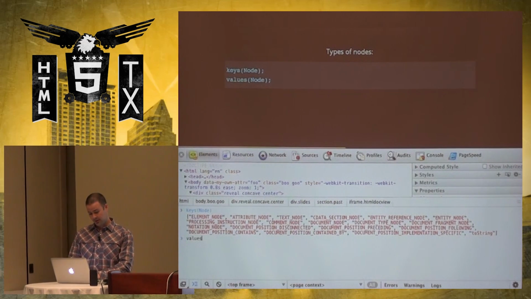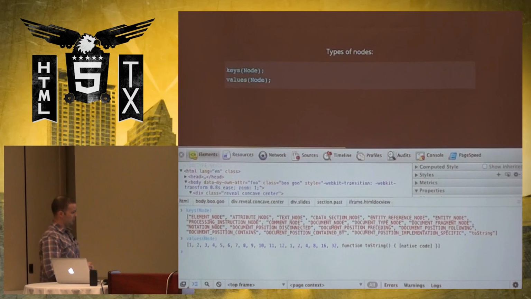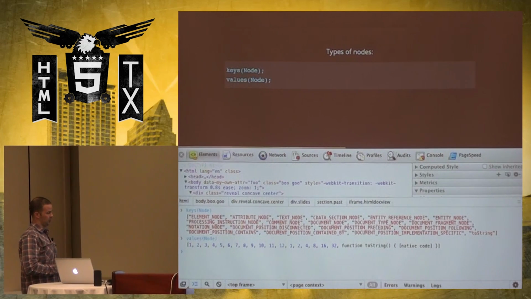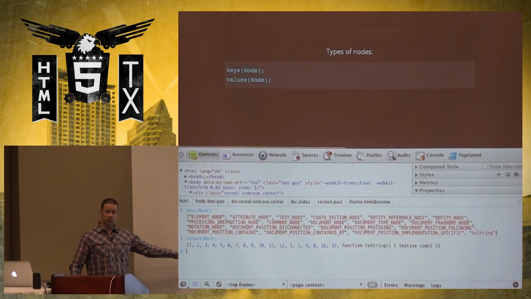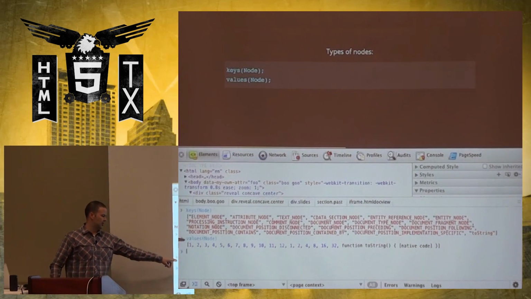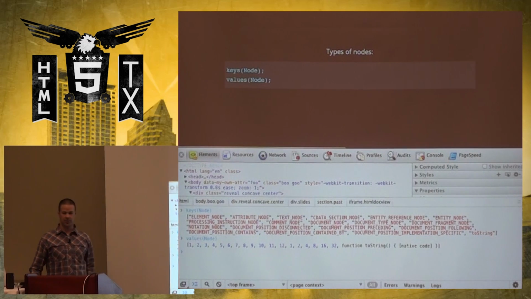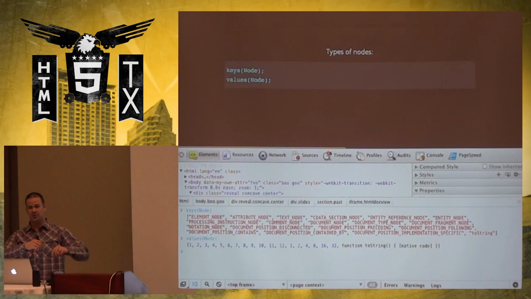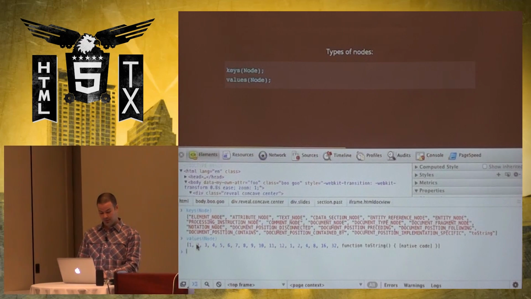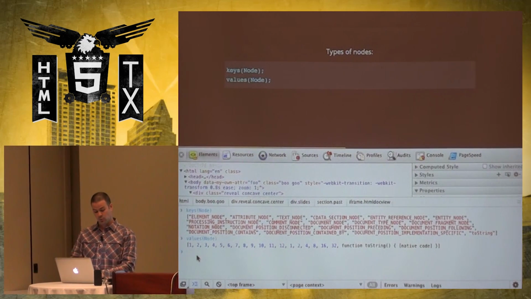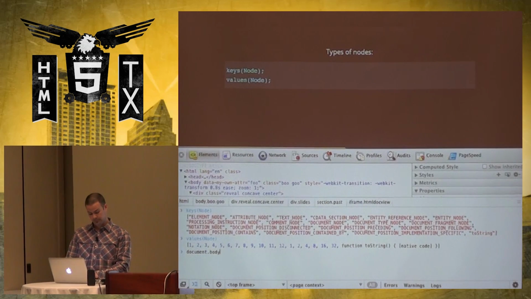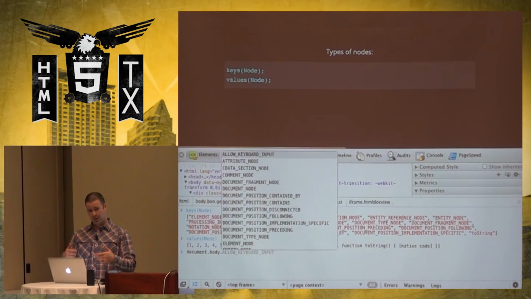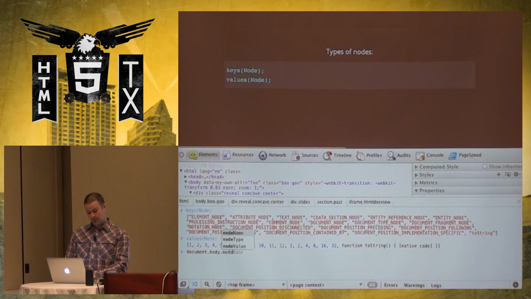So if we ask what the values of each of those properties are, we get a numeric mapping, so to speak. So element node is equal to 1, and attribute node is equal to 2, and text node is equal to 3. These are just numeric mappings. So instead of having to type out element node, we know that if I get a 1 back, that I have an element node. So what that would look like is, if I grab the body element, and I ask